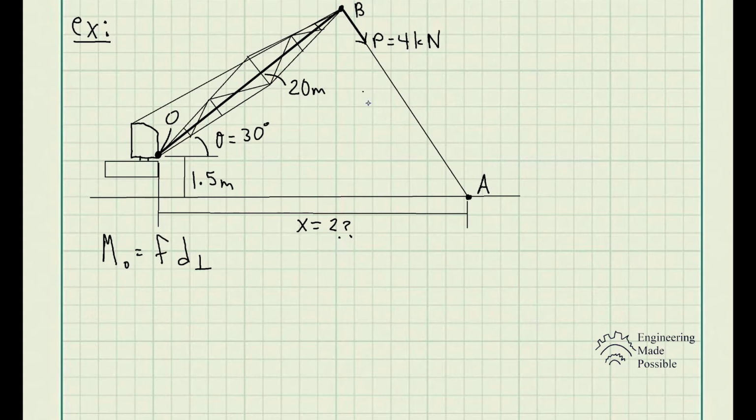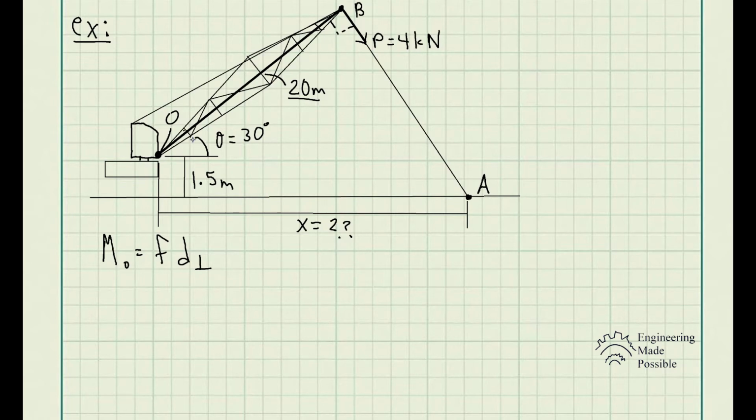So we know we can't change the distance that's perpendicular because it's fixed at 20 meters, as you can see here. But what we can do to maximize the moment is to keep this angle at 90 degrees. This is where it will maximize the moment, because we won't have to split up this 4 kilonewtons into its x and y components, and only one of them will be causing a moment. In this case, we want the full 4 kilonewtons to produce a moment. So it needs to be perpendicular to this 20 meters,